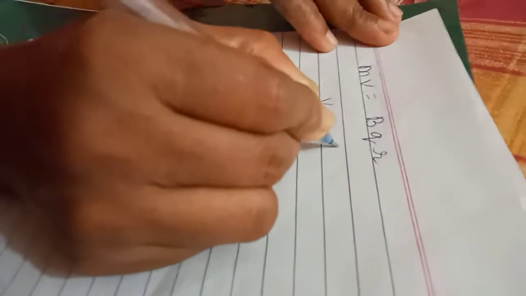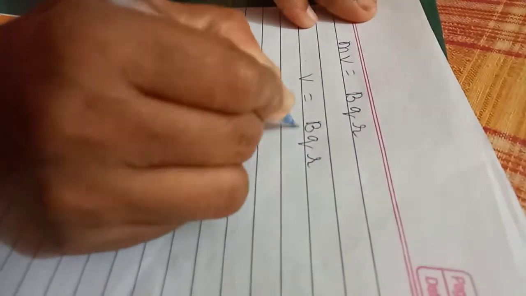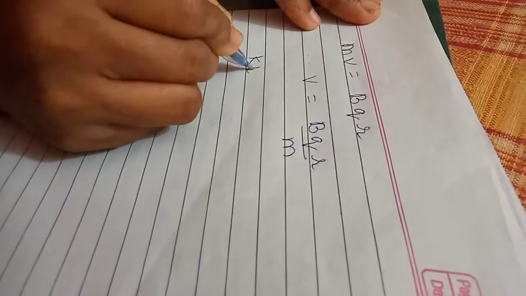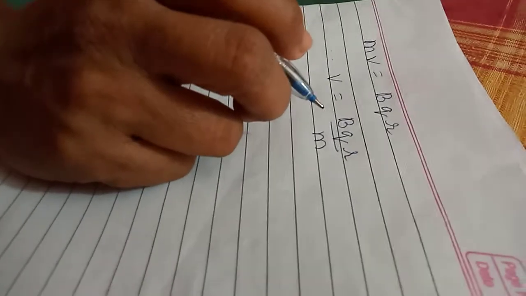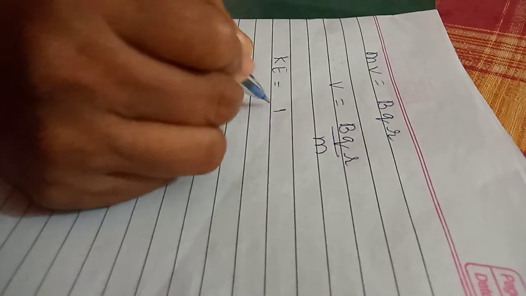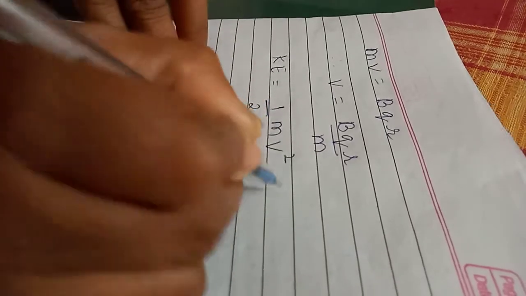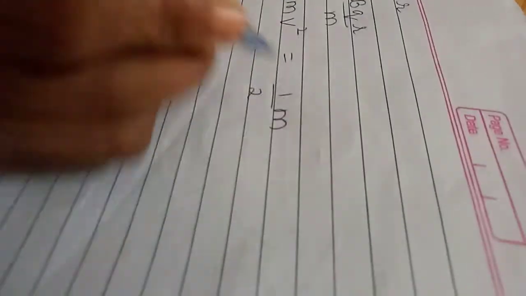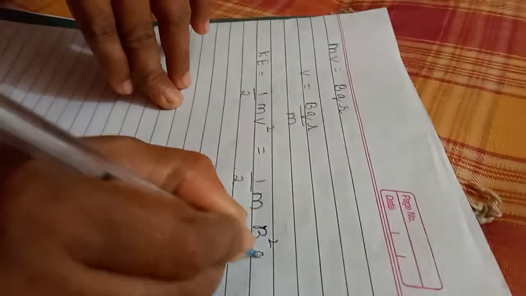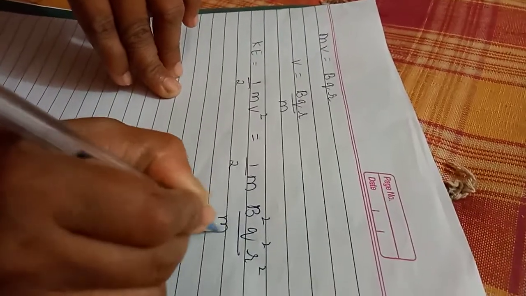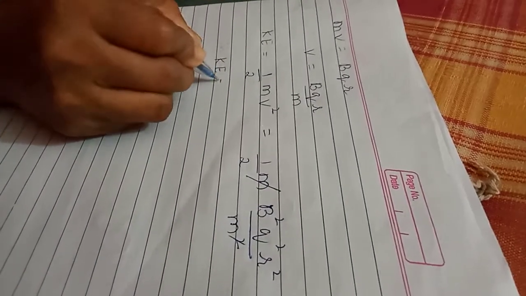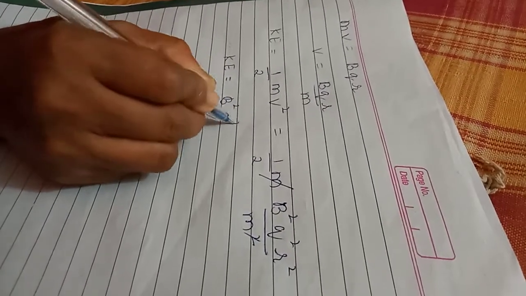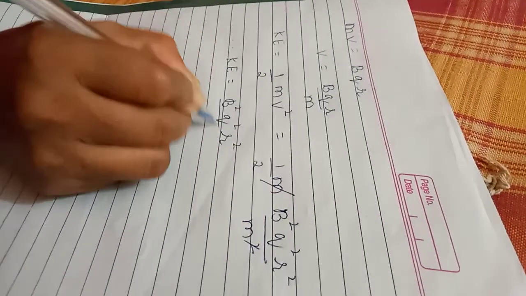Now, cyclotron formula, mv is equal to qBr. Therefore, v is equal to qBr upon m. The kinetic energy of the charged particle increases each time due to the electric field, and that is why they trace a circular path of larger and larger radius. The kinetic energy is given by half mv square, that is half m times q square B square r square upon m square. m cancels. Therefore, what is the kinetic energy? B square q square r square upon 2m.